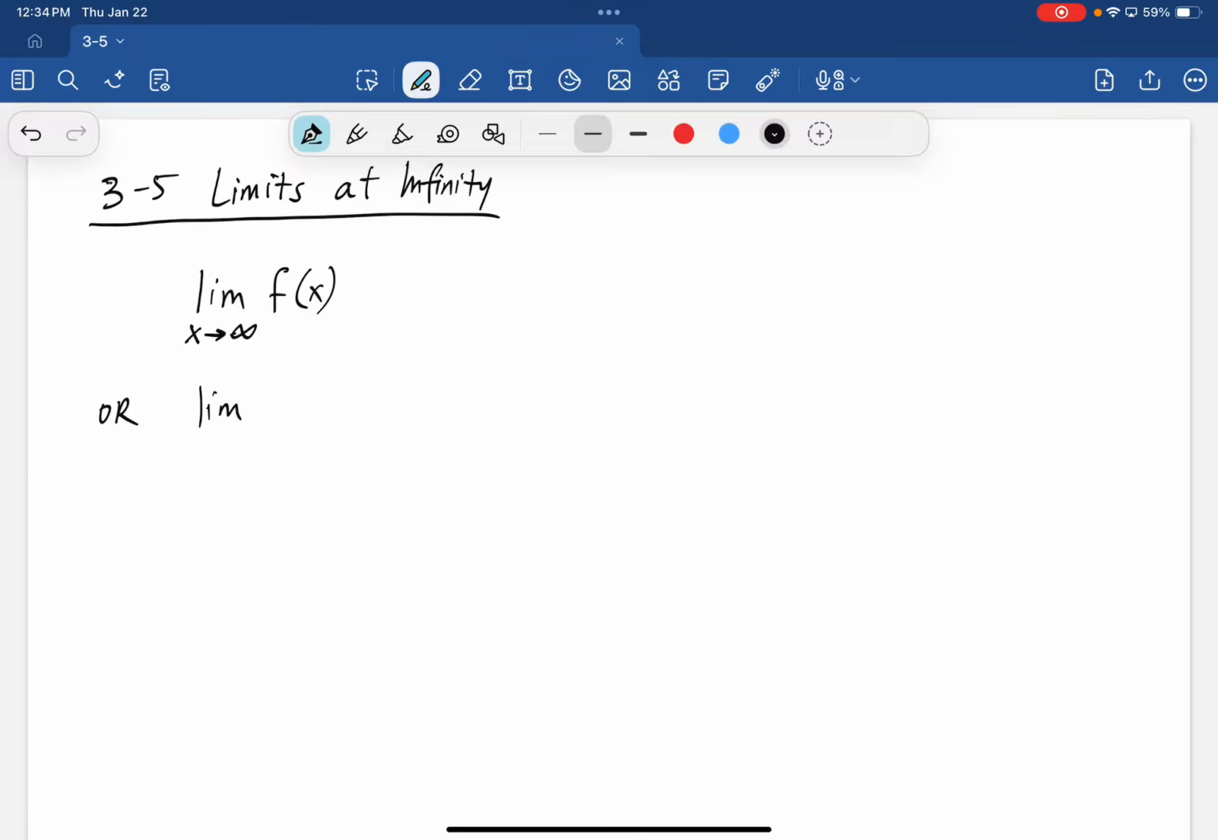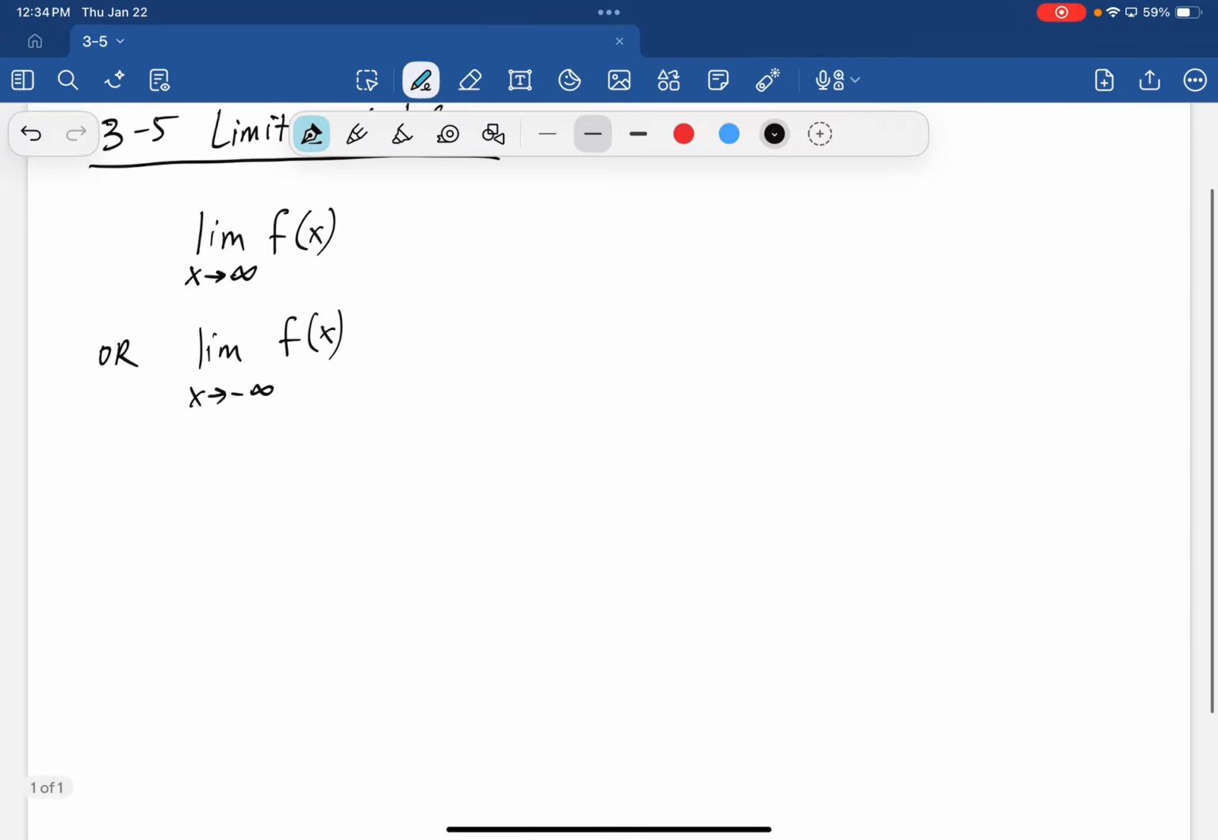And we could also have the limit as x is approaching negative infinity. Okay, so we're just asking what number it approaches as x gets really big or x gets really small. So for instance, we might have a number,